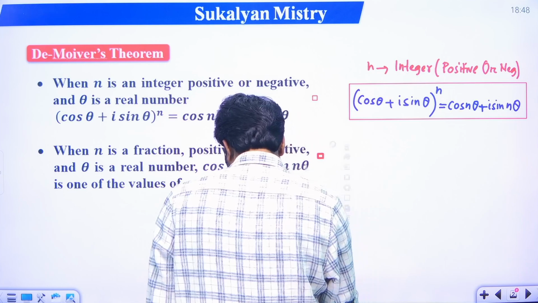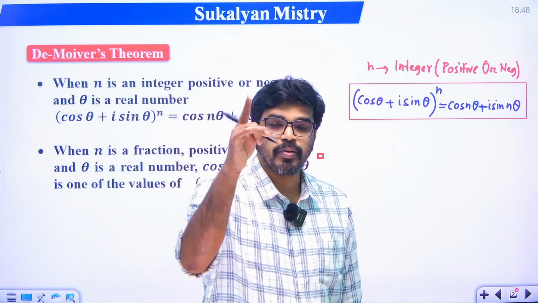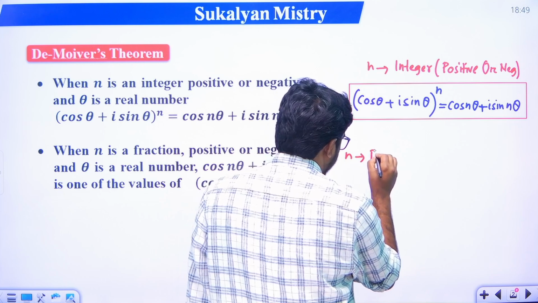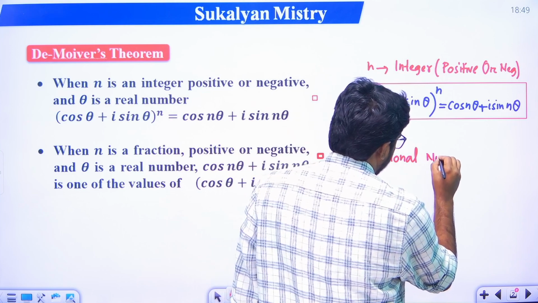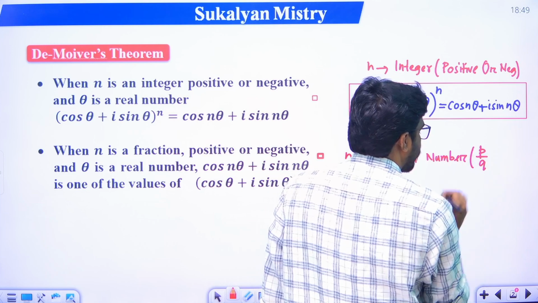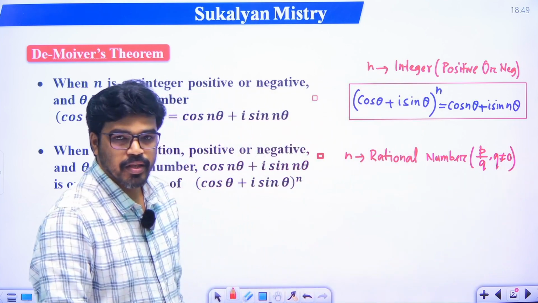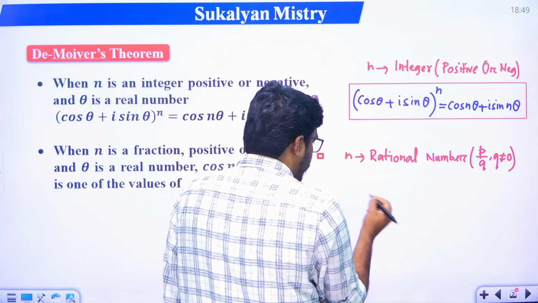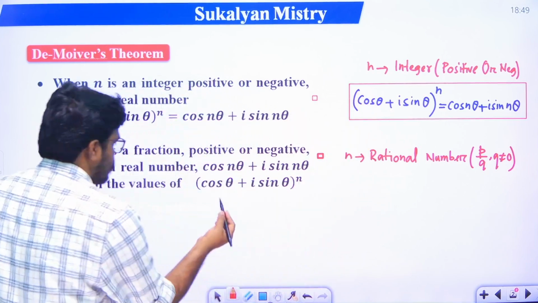when n is a rational number, that means p by q form, that is the number is of the form p by q where q is not equal to 0, this is called a rational number. Then de Moivre's theorem says that (cos theta plus i sin theta) to the power n,